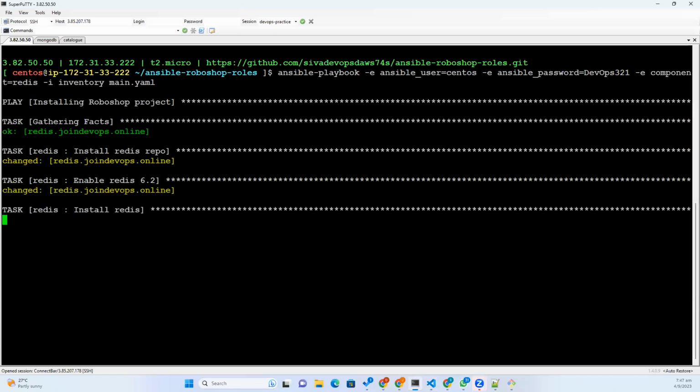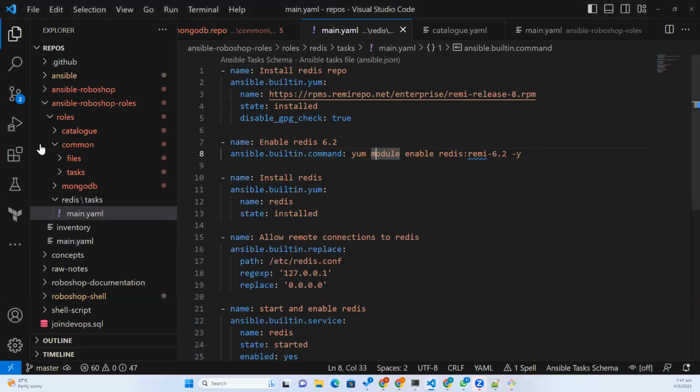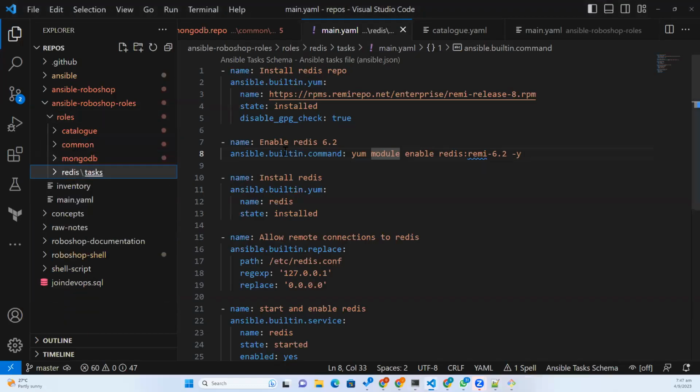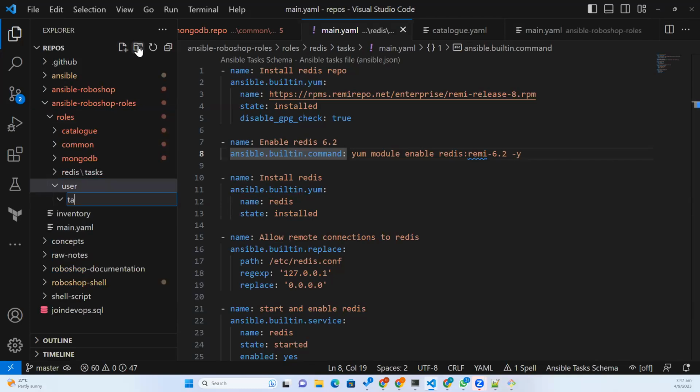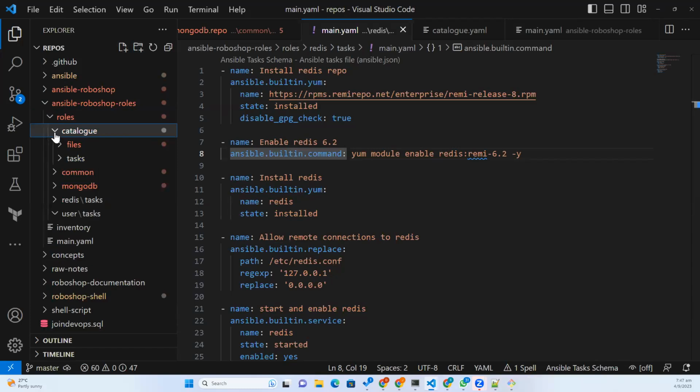Okay, now Redis is going on. It will be success. So our next component is user. Now you will really understand the advantage here. I'm going to create tasks here, just like in catalog. So you will have